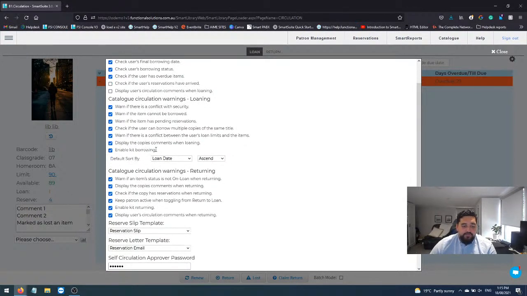Kit borrowing is a pretty special one for those who use kits in their library. When you do loan out a kit, so let's say you've got a box. Inside the box you have some Legos. Okay, you're not going to go through and scan every bit of Lego that they have because that could take forever. I recently built a Lego rocket and it had almost 2,000 pieces, so I can understand that you wouldn't want to